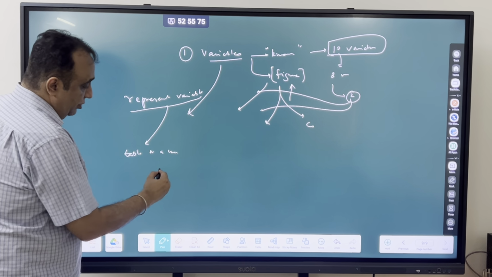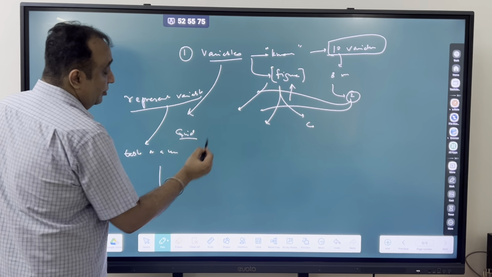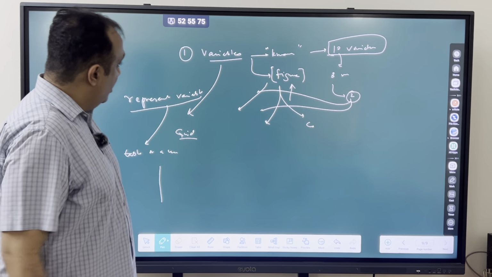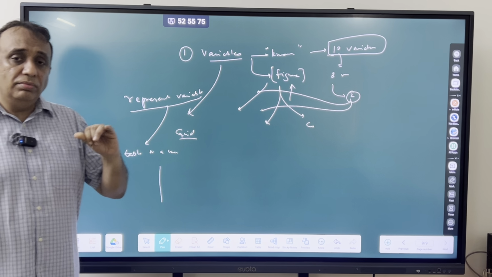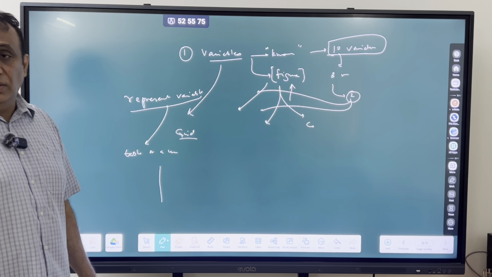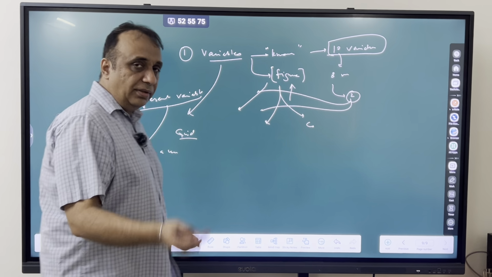So, how do you want to do this? You want to make a grid? You can make a 2 by 2 grid. You want to make multiple grids, or you want to give one grid, and then you start representing and doing that. So with this kind of background, I think we are now in a position to start solving another question. So maybe if you could pause it for some time and then we can